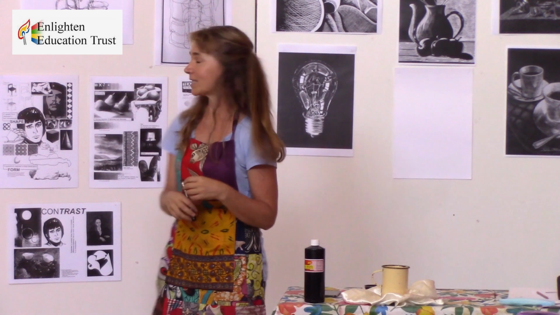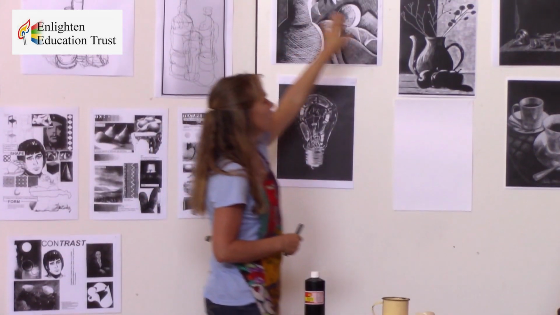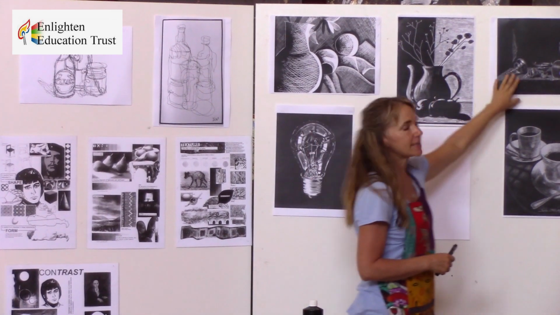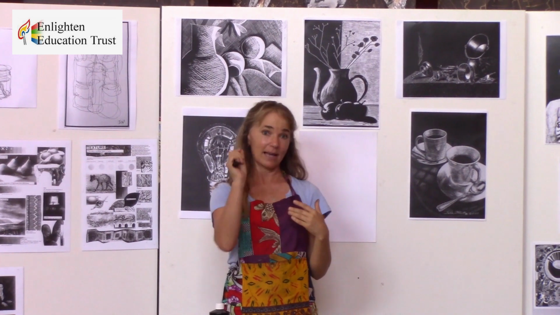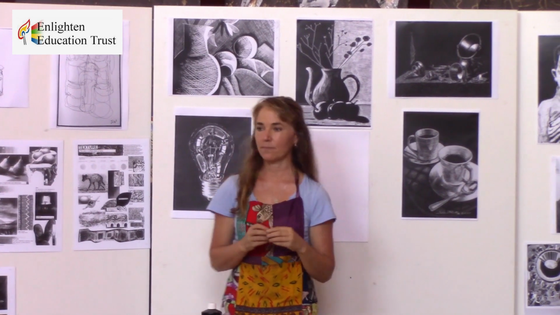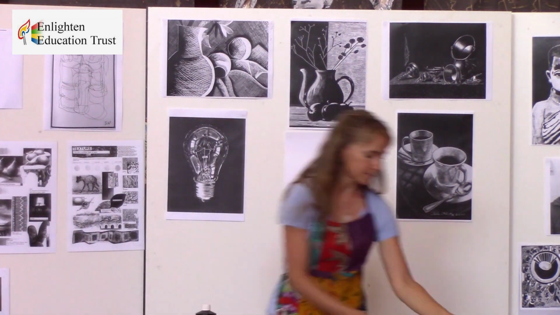We have to get it with texture. So the texture can either be the cross-hatching, or it can be the scratching, or it can be the stippling, but you're going to get grey some other way than colouring in grey. Okay. So I think the first thing we're going to look at is